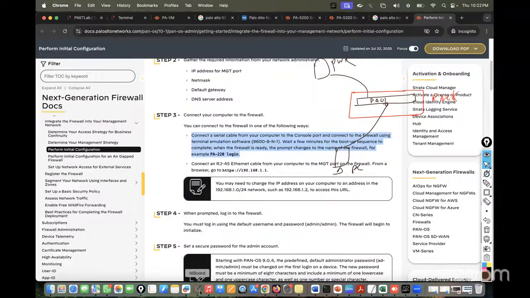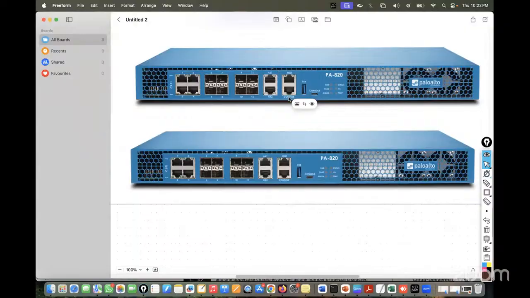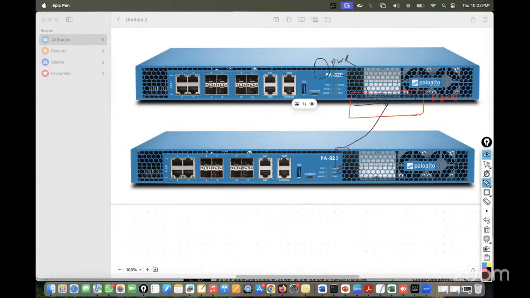Meaning what you have to do is connect the firewall to your computer with this cable, and that is your PC, and that requires the console port, and you require PuTTY. Clear? Now another method they are talking about,